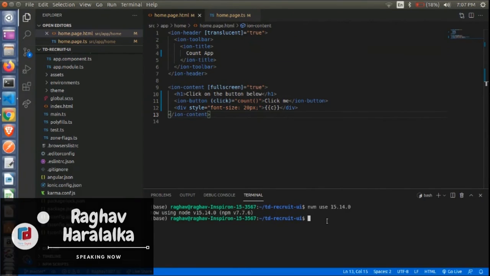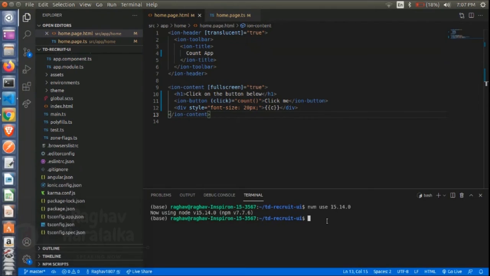In the terminal, you can see it opens directly in your application folder, so you won't have to give the cd commands to navigate to it. Now I am giving ionic serve to run the application.